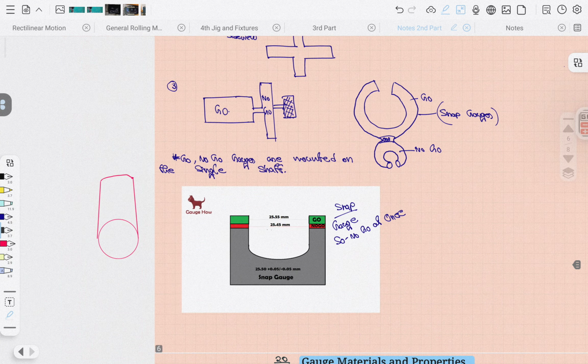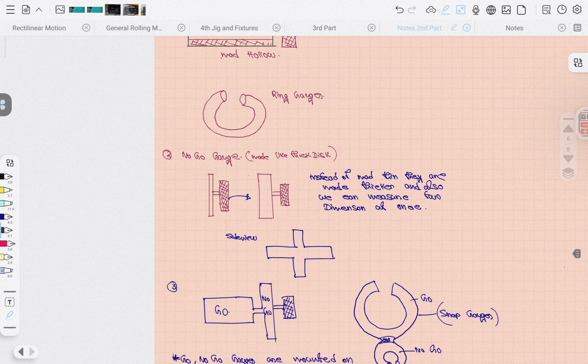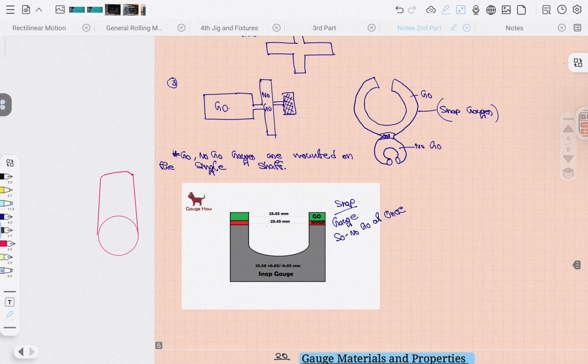So now this thing, it's a go ring gauge. So you can see how a go ring gauge is given. So at the maximum material limit, if it enters, at the minimum material limit also it can enter, right? So that's why